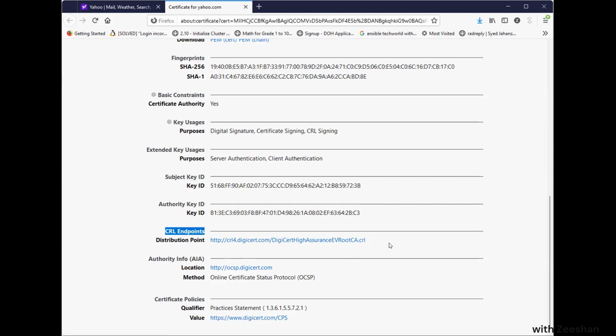So if someone is signing with that key, then that key will become invalid. The certificate authority publishes the revoked certificates online, and whenever our browser is going to talk to someone, it will verify the public key from the certificate authority. Plus, the browser will automatically check the revocation list to see whether the certificate is in it or not. If it is in the revocation list, it will pop up an error that the certificate is not trusted.